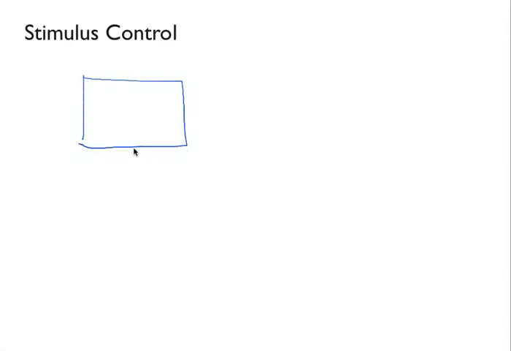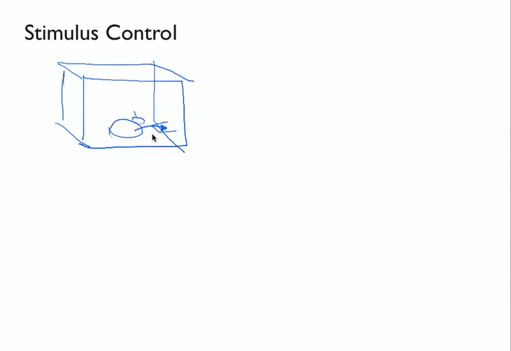So if you think of, for instance, the rat in an instrumental operant conditioning situation, before it lever presses or does anything, there is a context that happens inside a box, and it's inside that box with the lever that the rat engages in lever pressing behavior. Think about any behavior, and it's always possible to identify a context in which it happens, and that context is always a stimulus, part of the environment.